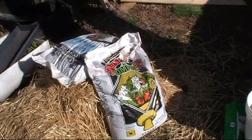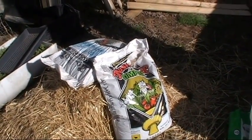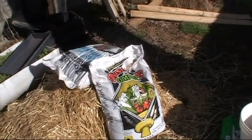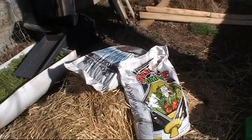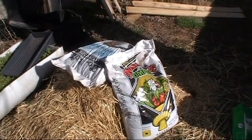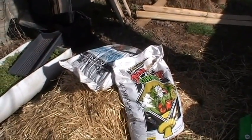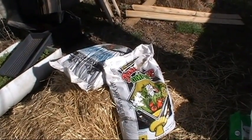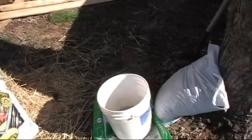But I thought it would be a good time to remind people to make sure you read what's in the bag, what it's made out of if you can find out. Some of this stuff you don't know where it come from or what they actually made it out of, where the wood might have came from, because a lot of your compost is wood. It don't hurt to investigate. Keep in mind what's in the bags is, unless it's like garden soil or raised bed soil, it doesn't have